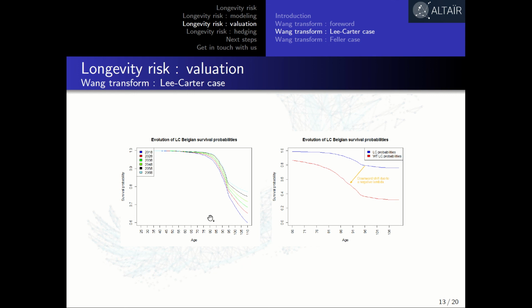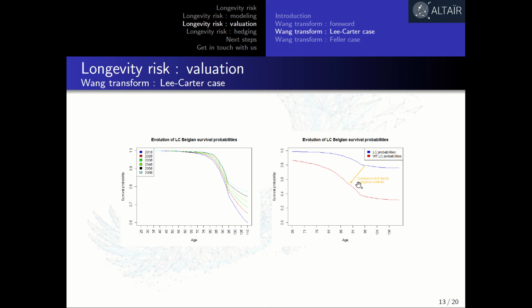We can now assess the impact of the Wang transform onto survival probabilities coming from the Lee-Carter model. We first graph these and clearly notice the rectangularization occurring over time. Then, due to the negative value of lambda coming from the calibration on the annuity market, survival probabilities are shifted